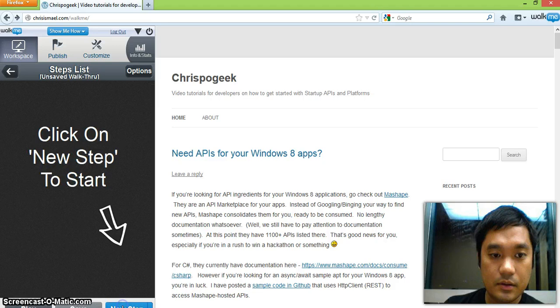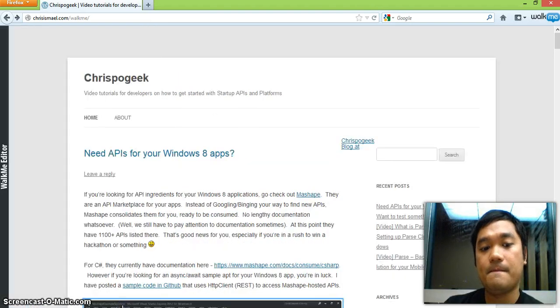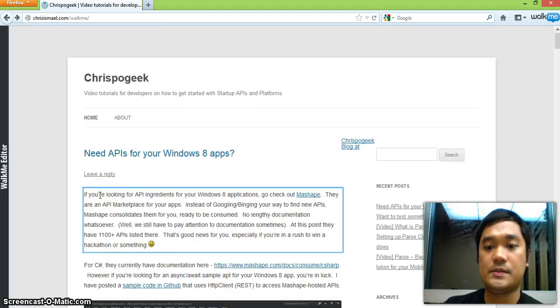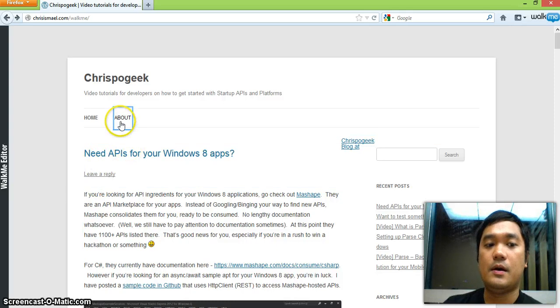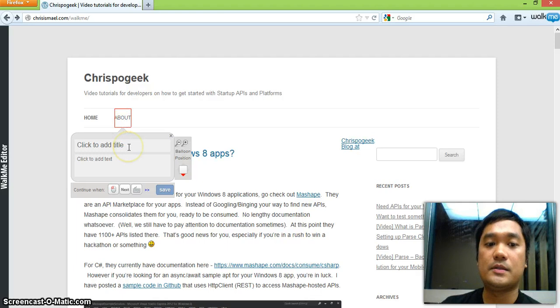Let's click on new step. Actually, there was another step prior to that, but let's just get it here. When you click on that, the editor is just gonna get out of the way and let you select elements of your website which you want to do the step 1 for. And for me, I want to highlight the about part, and it's gonna open up this pop-up which you can edit in place. And in this case, I'm just gonna say who is this dude, and click here to find out,